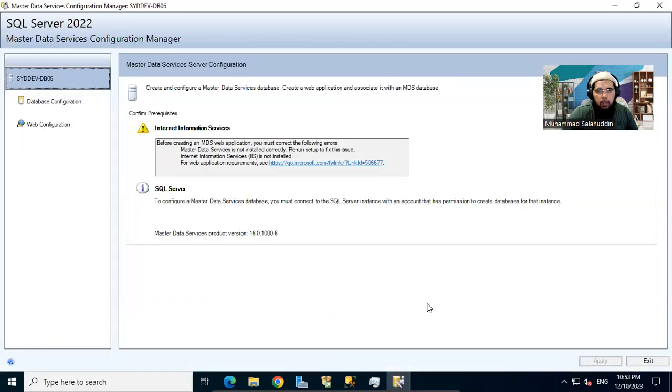So let me bring up the interface. As soon as you bring up the configuration interface, it complains that Master Data Services cannot be configured because it is missing a prerequisite, which is Internet Information Services, right? We're first going to fix that, and then we'll come back to this interface to continue our configuration. To install IIS, because I'm on a server operating system,